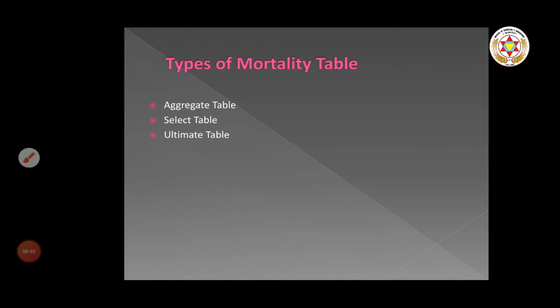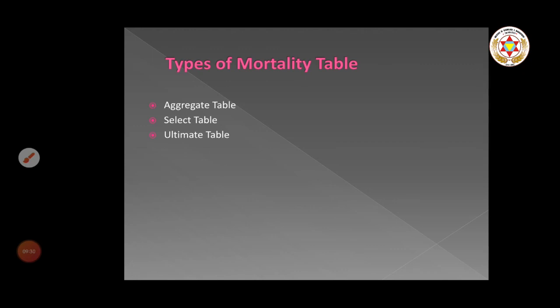Then move to the ultimate table. An ultimate mortality table lists the probability of death for people of different ages and gender. It shows how long a person born in a certain year is likely to live. This information is based on a large quantity of statistical information about actual ages at death and other factors. Insurance companies use this information to determine how long a policy holder might live. This helps them to calculate a profitable price for life insurance, annuities and other financial products.